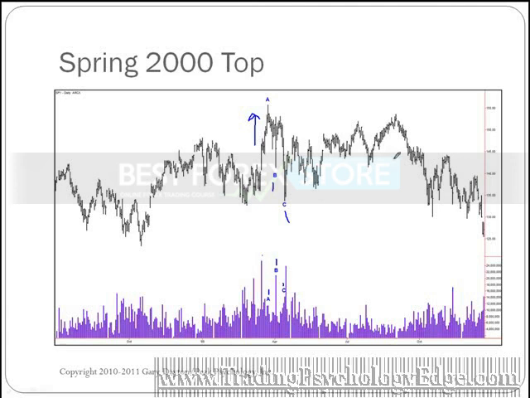And then we come across, and you can see that volume is just drying up as we go up here, especially at the end. So there were lots and lots of people buying stock at this point. I mean, everybody had stock. So it takes time for a market to remove all of that demand, and that's really what you're seeing here. All right, so